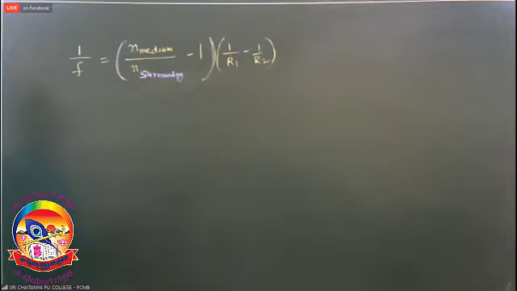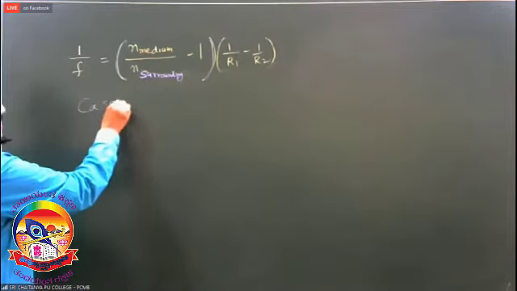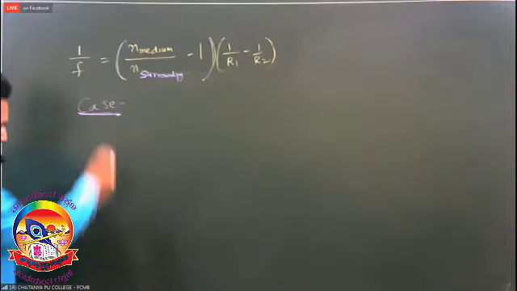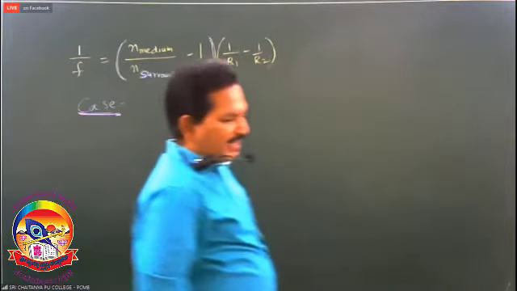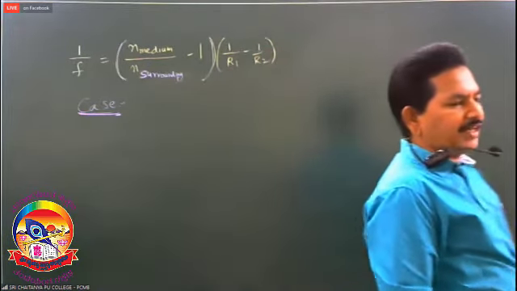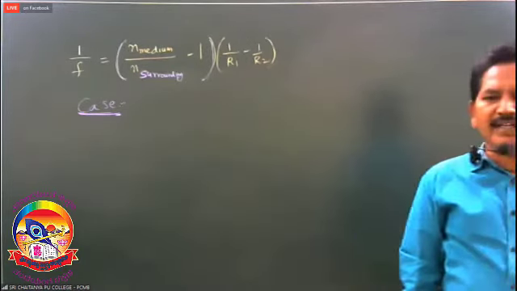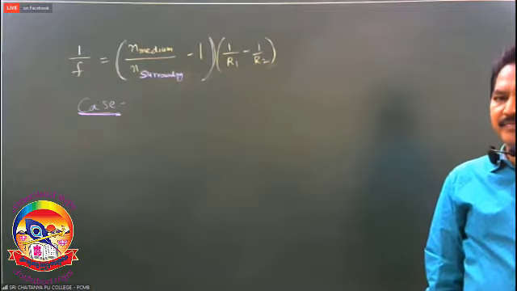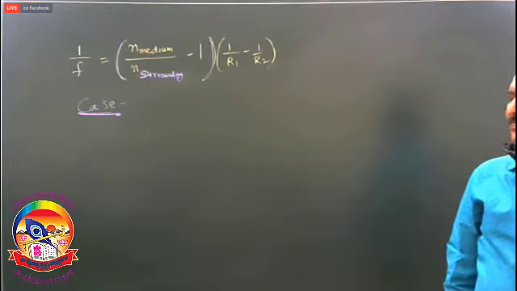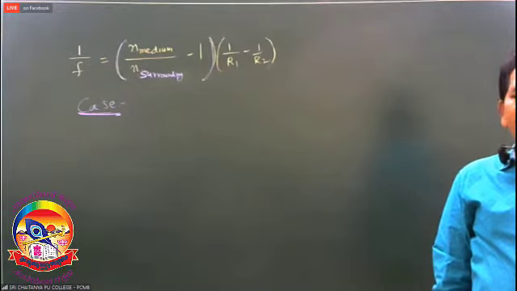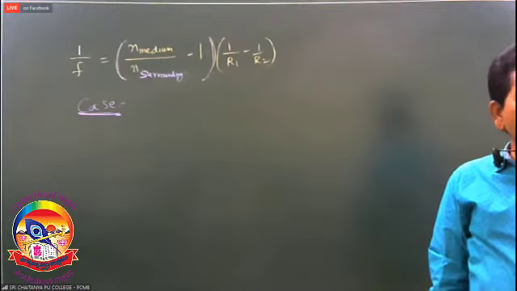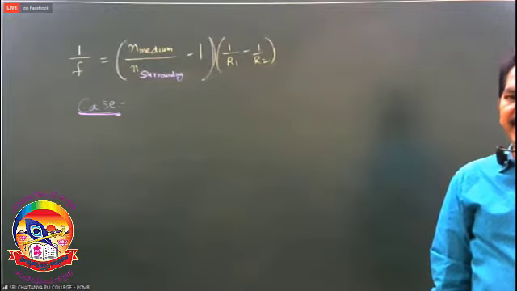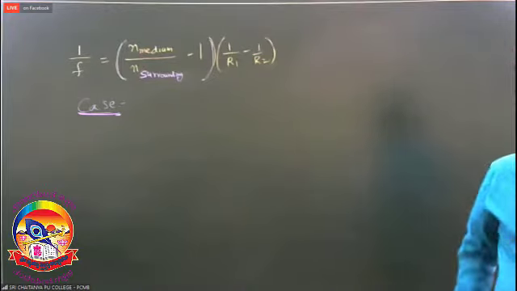Now let us consider the important case. In case of a lens, what is the refractive index of the given lens when it is dipped inside the water? Up to now, we are considering that on either side of the lens, air medium is there. Then we have calculated the focal length. Now, a very important case I am deriving: the focal length of a given lens when it is immersed in a liquid.